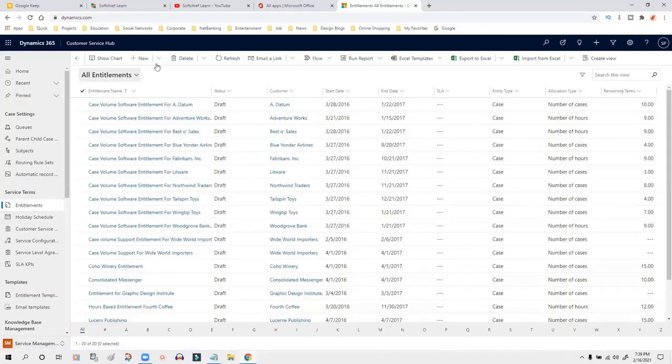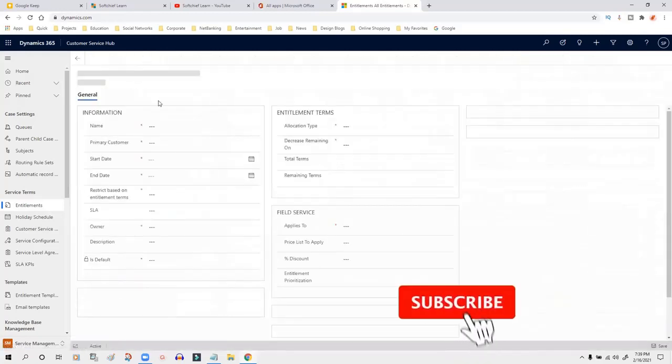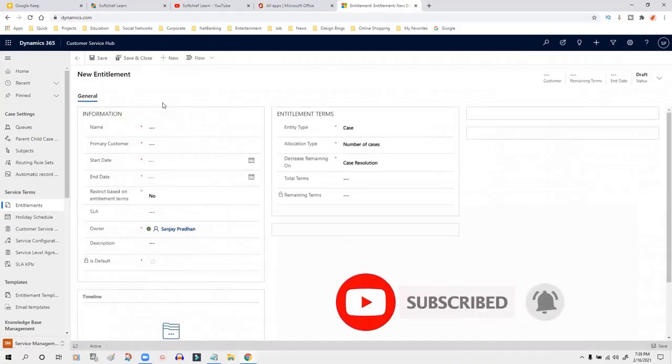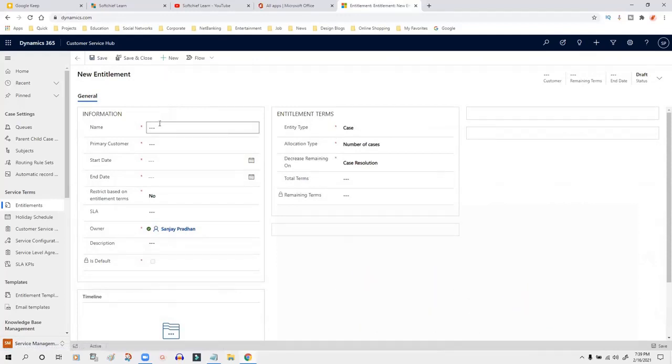Now, here I have to create a new entitlement for the customer Joy Das, so that the business can offer 1 year warranty support for the products he has purchased. I can give a name here, contract or entitlement, you can use the new term, for Joy Das. Every customer service team creates an entitlement as soon as the product is sold to the customer. The primary customer is the person